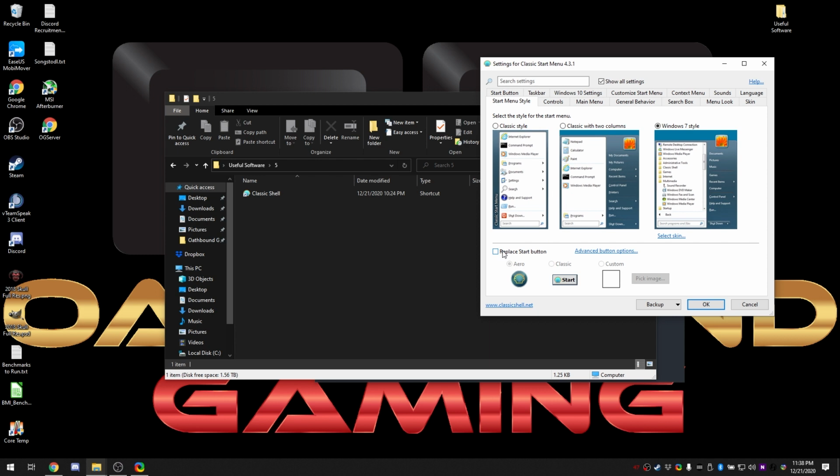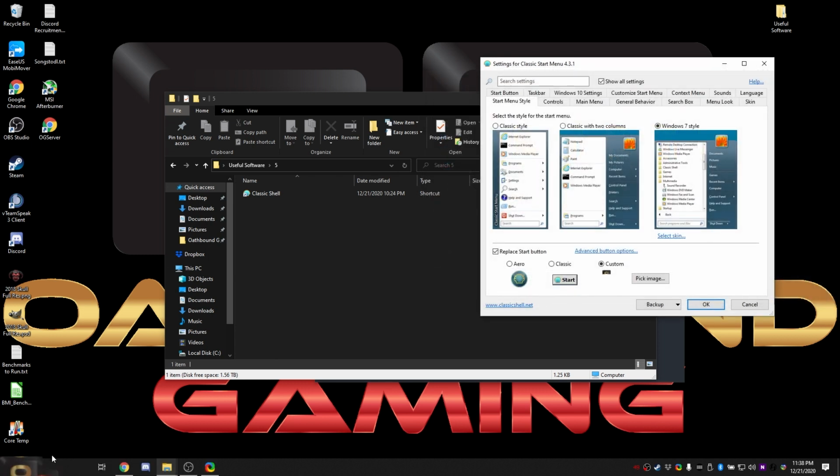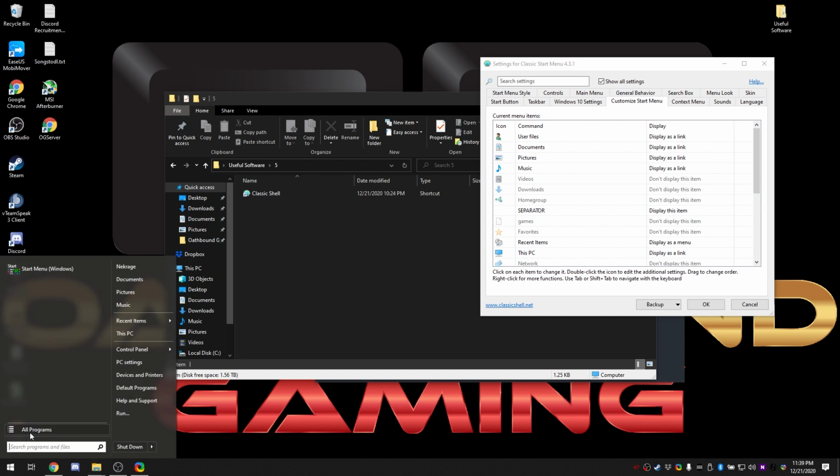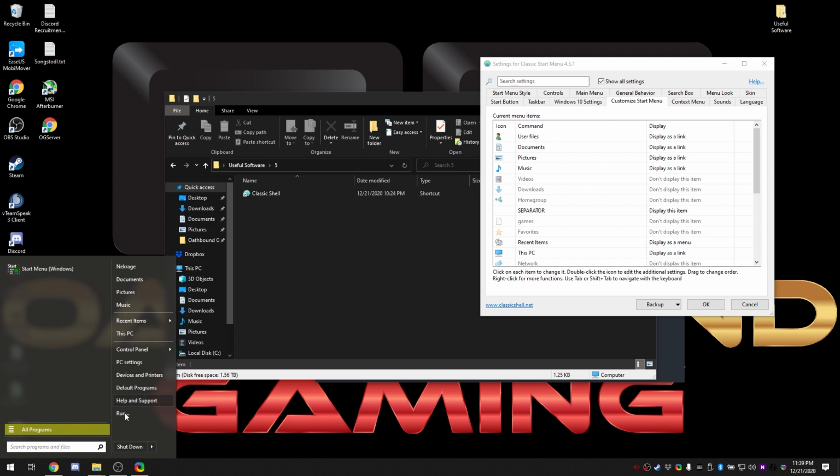So as you can see, you explore with this, take a little time to look in the settings. There's a lot of nice customization options to make it cleaner. Replace start button. As you see, there's a little Classic Shell icon here, but you can change it if you want. I think both of those look pretty ugly, but you can also go to custom and you could pick an image and throw it in there. This is going to look horrible because it's not sized properly, but you could size an image properly and you can get it all customized for your start button and make it unique, make it your own, and I think it's awesome.